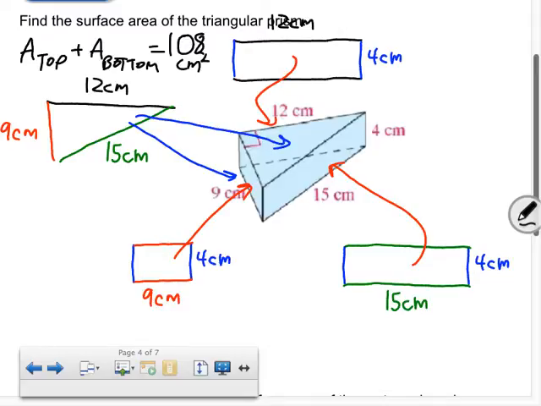Okay, so now we've got to think about the side faces, right? Who's got this face that's along this leg of the right triangle? I'll call this area of the side 1. Who's got that one? Alexis? 48 centimeters squared. And then what about the area of this rectangle formed along the hypotenuse of my triangle? I'll call this area side 2. Who's got that one? Caleb in the back. 60